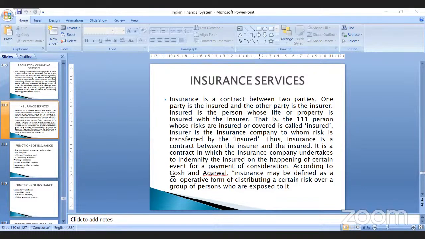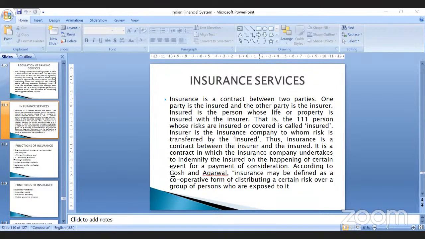Insurance is a contract between insurer and insured in which the insurance company promises to indemnify. Indemnify is nothing but to protect you against the losses that happen because of the happening of an event. See, if some unforeseen situation or incident takes place, in that case, the insurance company promises to protect you from all kinds of financial losses that you suffer, based upon the insurance policy that you are taking,